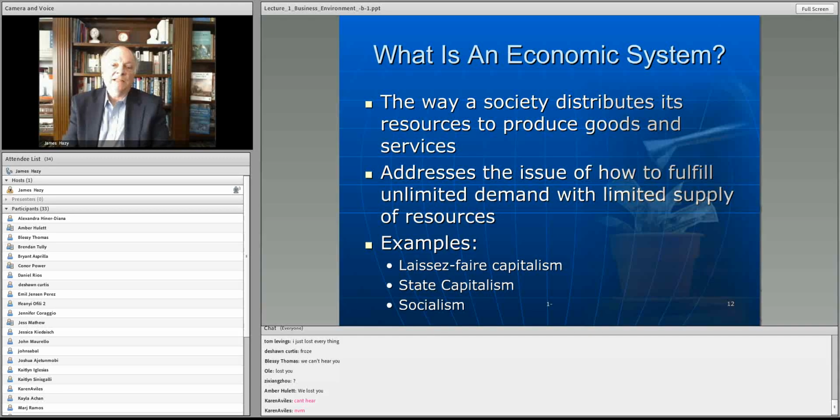Electric utilities that make our electricity are owned by the government, run by the government, and all the profits go to the government. It's not that they're regulated, that's state capitalism, but that they're owned. So essentially the government gets all of the profits. They own all the means of production.